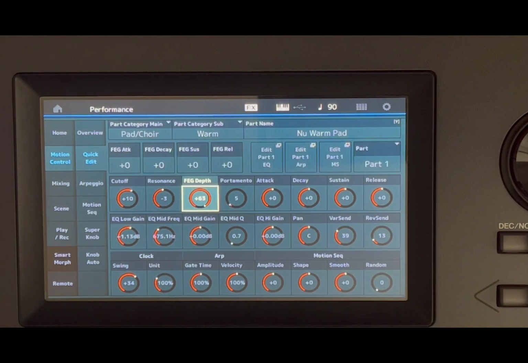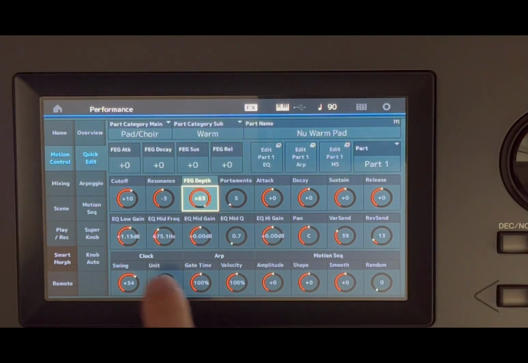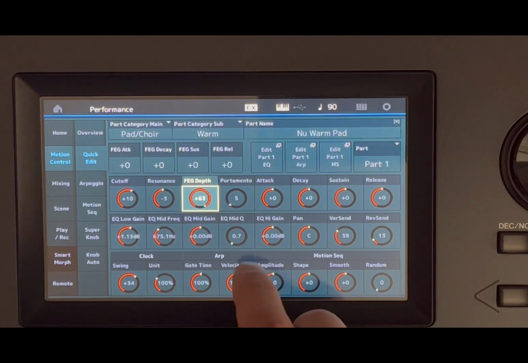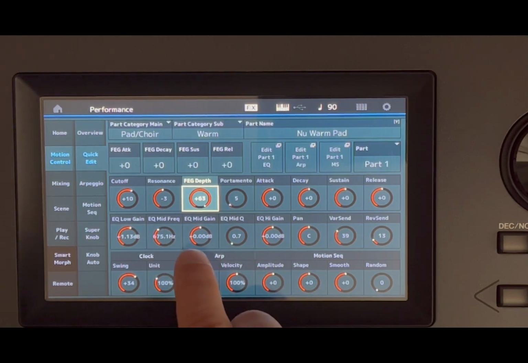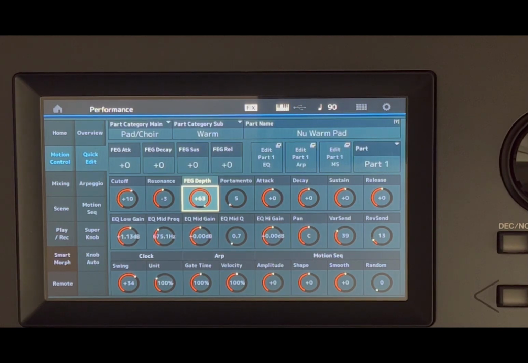for this part in this case. So your typical envelope for the amplitude. Here on the second row, you can modify your EQ, so you can equalize a different range of the spectrum. So a low range, mid gain, and you can also do that for frequency and also resonance as well. Okay,